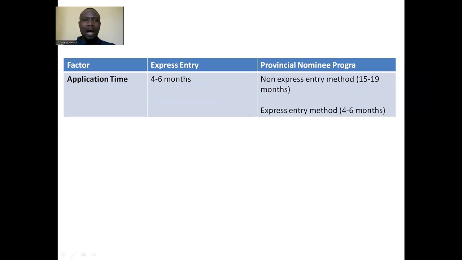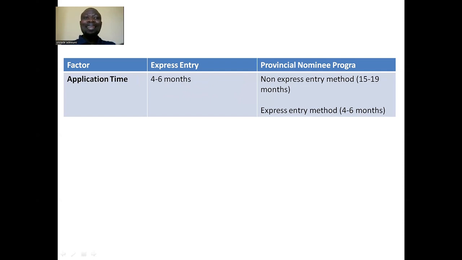So now, application time. With Express Entry, if you are eventually invited for ITA and you apply for your PR and all of that, it will take you between 4 to 6 months. While for PNP, if you are applying through Express Entry, it will also take you 4 to 6 months.